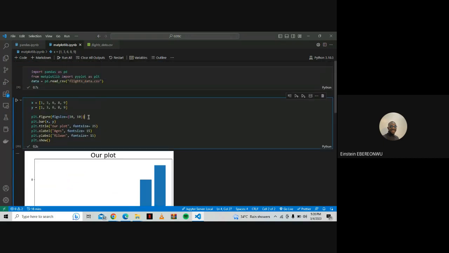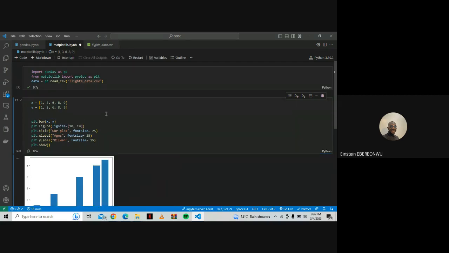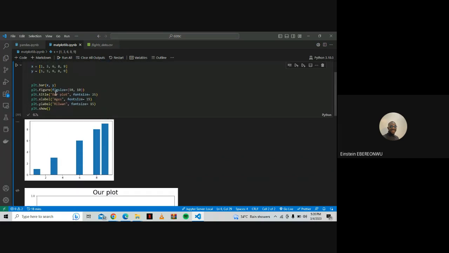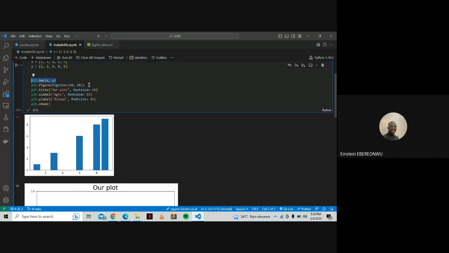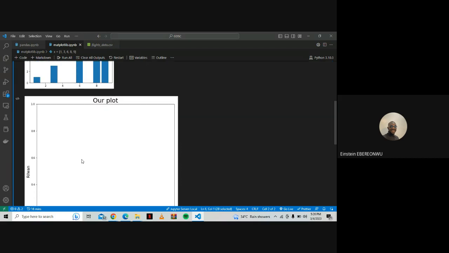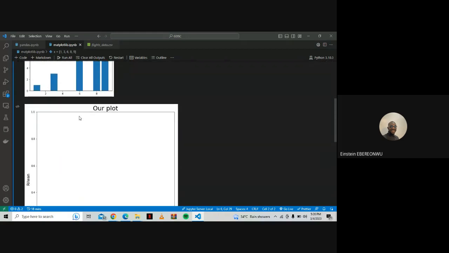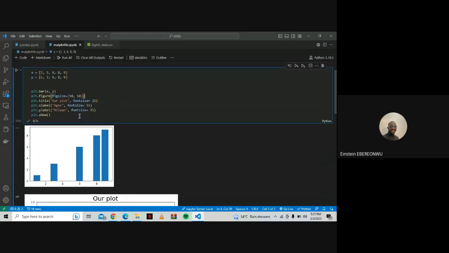What happens if I place this here? Let me see if anything will go wrong. I don't think so, because it's not a subplot. Okay, yeah, something did go wrong. So basically, we say plt.bar, meaning give us a bar plot. Then we're now calling plt.figure for what we've already plotted. So it is going to give us a figure with that size we specified, but that figure is not going to be linked to this, because we call this after we have already plotted our graph. So you have to be cautious of the position,